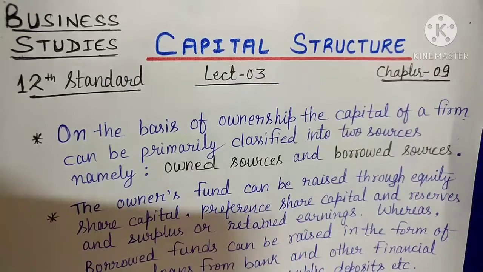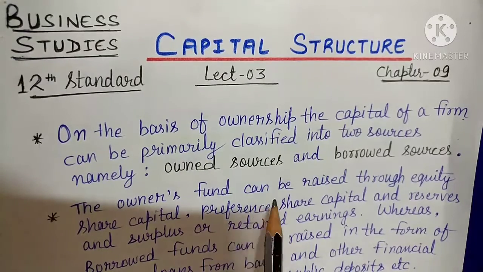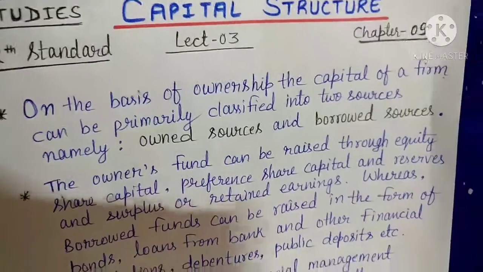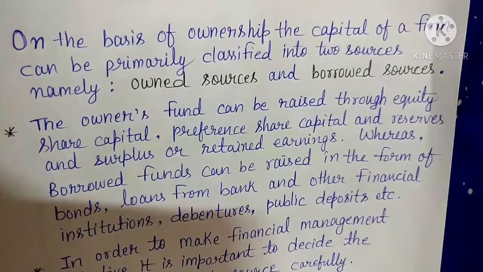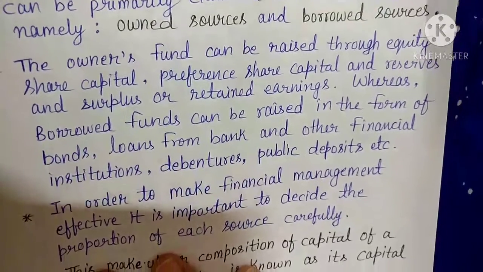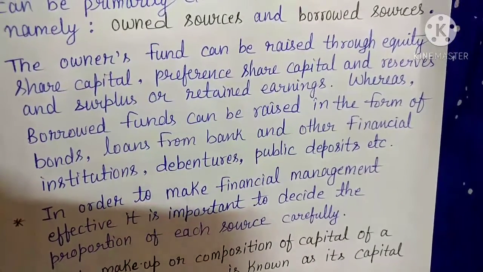Okay, so on the basis of ownership, the capital of a firm can be primarily classified into two sources, that is own sources and borrowed sources. Own means owners' funds, and borrowed means what you are borrowing from financial institutions. The owners' funds can be raised through equity share capital, preference share capital, reserve funds and retained earnings, whereas borrowed funds can be raised in the form of bonds, loans from banks and other financial institutions, debentures